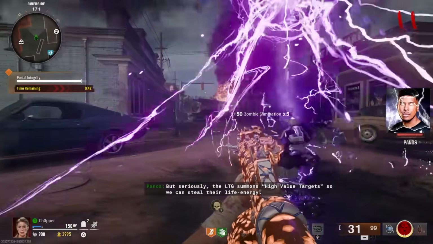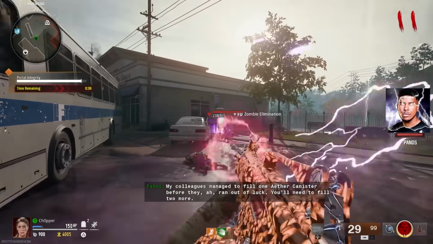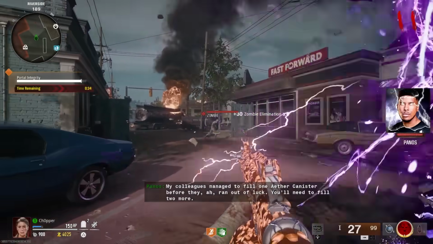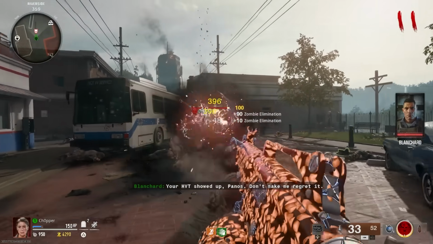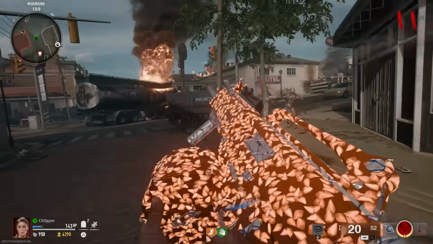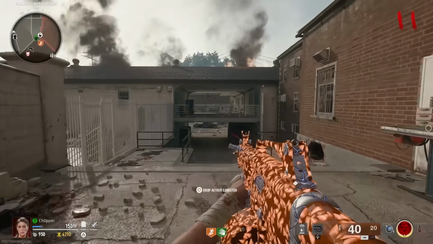On solo, it's not too bad, but you still need to be quite mindful because it can go down fairly easily. But you'll defend this for about 30 seconds, and right when it's done, you're going to get an HVT to spawn. Do not kill this thing. What you're going to want to do, in my opinion, is get it down to about half, or I don't know, 25% HP,